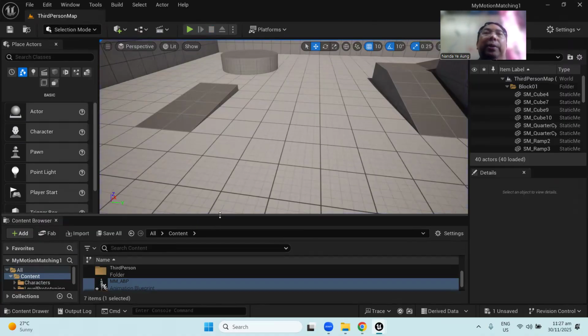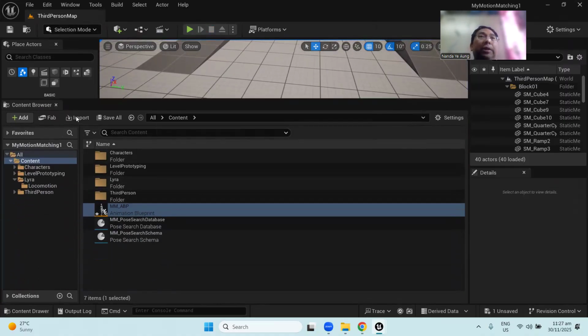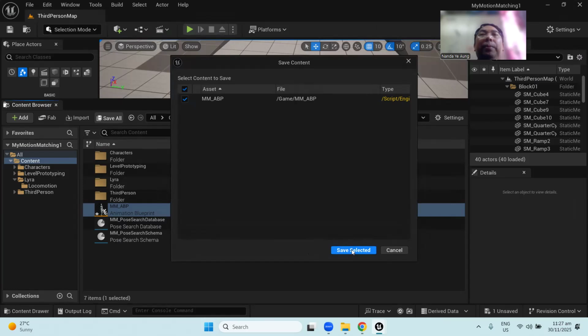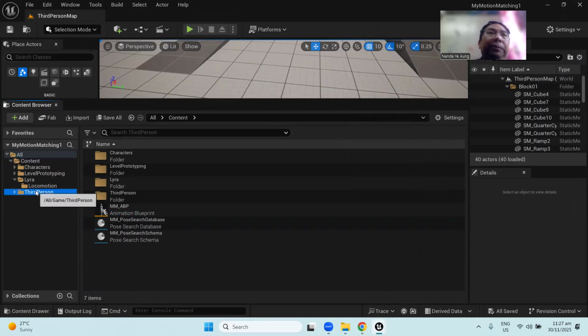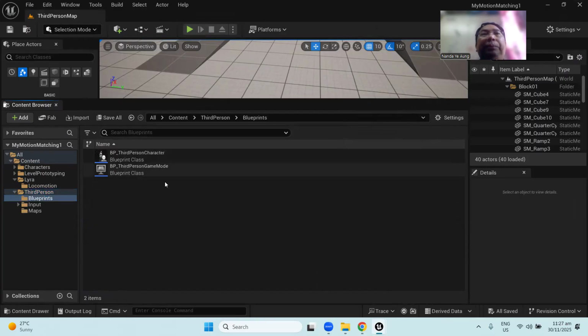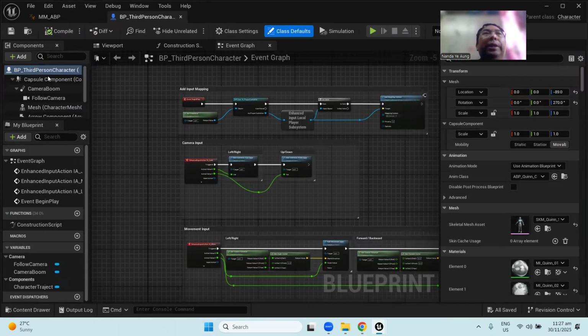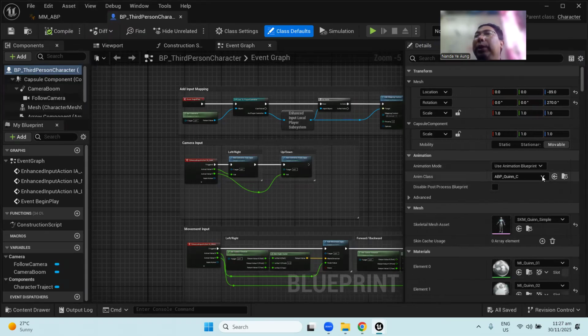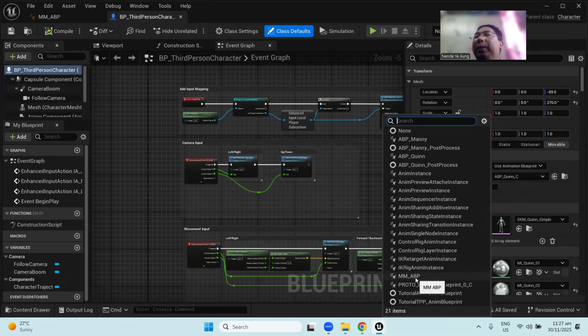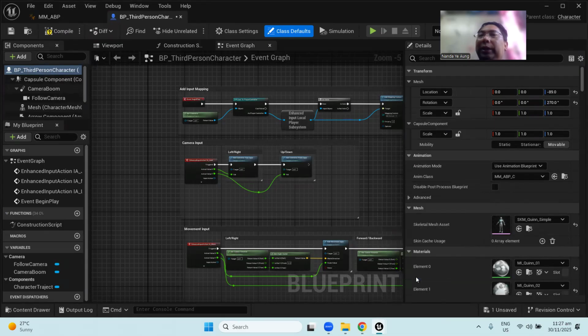So we do here, we will just let see everything. And then in the third person blueprint, we're going to be selecting here. Currently, it's using the original animation. So instead of the original animation class, I'll select the EVP. Okay. So now when I select the EVP, compile it, and you see the